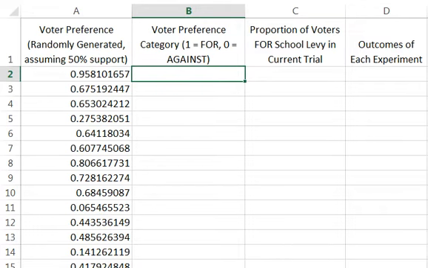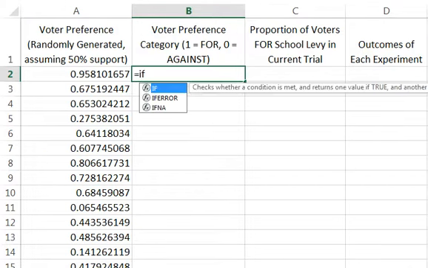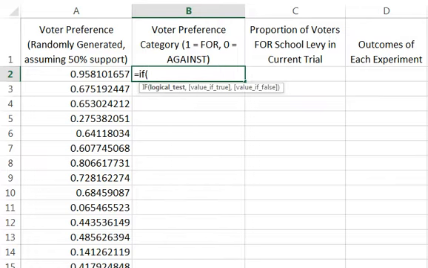So what I'm going to do again is introduce a function in Excel, called an IF function. Go to cell B2, and we're going to say equals IF, and we're going to look at what's happened in cell A2. If the result in cell A2 is less than 0.5, we're going to say that's indicative of support for the levy. If that's the case, the value in this cell is a 1. That says value if true, as you see here in Excel. If it's false, if the person is against the levy, I'm going to give them a 0. And if I close my parenthesis and just hit enter,